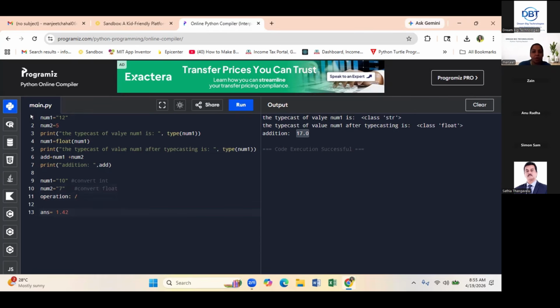Do it fast. All of you, you can take the help. Here is the code already. Think about it and do it.